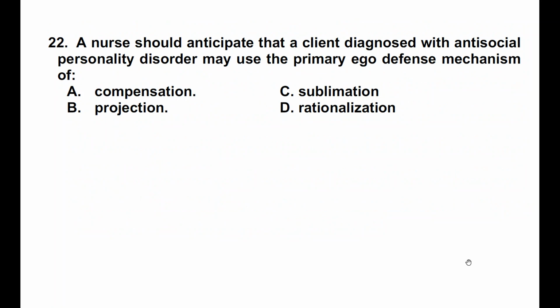Of course, we know that compensation is considered to be a process of counterbalancing weakness with strength. This is a more mature defense mechanism, and we know that sublimation is a channeling of unacceptable impulses, thoughts, and emotions into acceptable ones. And we know that rationalization is also putting things into a different acceptable perspective. The best answer here is projection because usually projection is to attribute a person's thoughts, feelings, or impulses to another person who does not have these thoughts, feelings, or impulses, and usually coercion and personal profit motivate these individuals and they attribute these feelings to others. 22, the answer is projection, B.